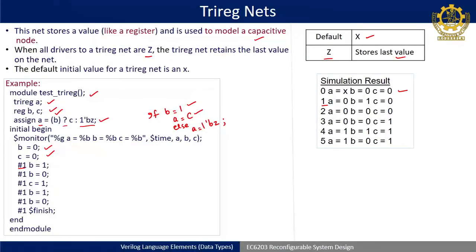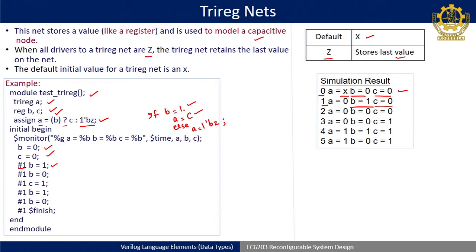Okay. So in this case what will happen, at 0 time units my B is 0, C is 0. But A is again a register. So as it is a register, by default I am taking X as my output, nothing is assigned initially. Okay. So now when 1 time unit happens, my B is becoming 1. And C I have not defined here, so C is becoming 0.